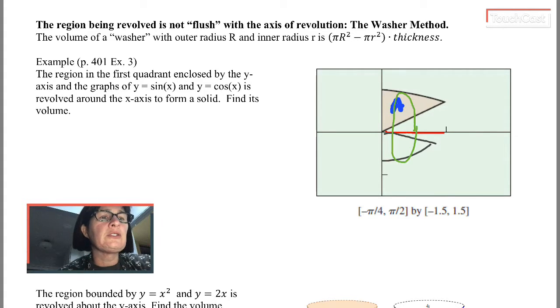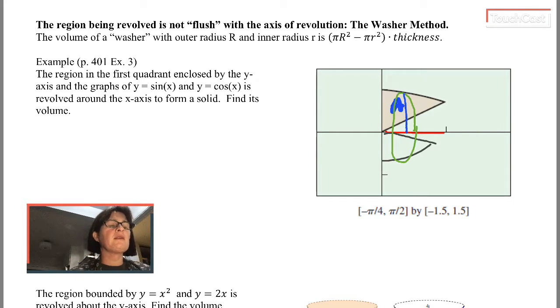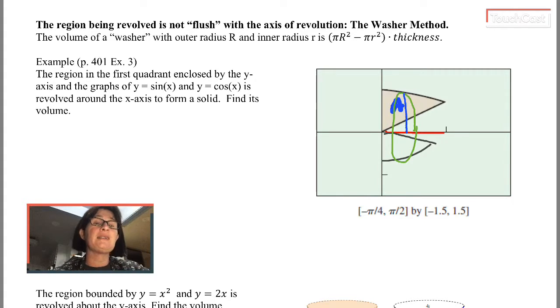And now I'm going to use my blue pen and try to draw in that radius. So I'm going to go from the axis of revolution to the edge of that circle. In textbooks, it's pretty common to refer to that blue line segment I drew as capital R, meaning the bigger radius of the two radii that we need in this problem. Again, that's the radius of the outside edge of the shape that we're going to create by this revolution